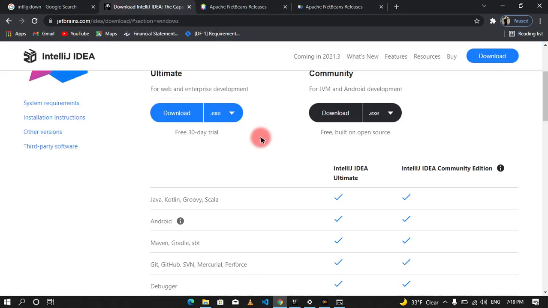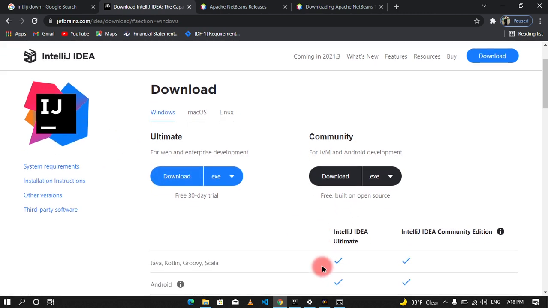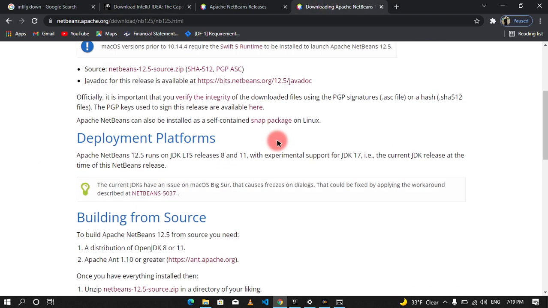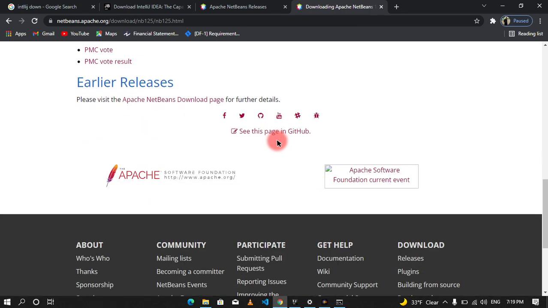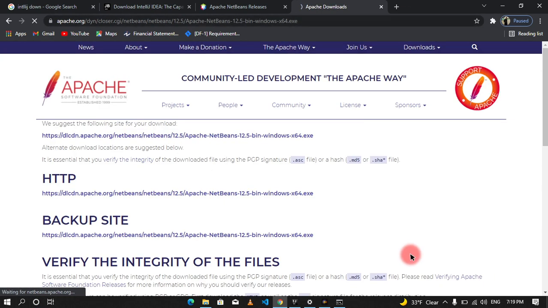But in this course, I'm going to use the community version of IntelliJ. It is free and it is beautiful. It has some features that I like. And you can download NetBeans from here. Download Apache NetBeans, like here, Apache NetBeans Windows 64.exe. Just click on this, and these are the installers, and after that your download will start. So I'm not going to download this because I've downloaded